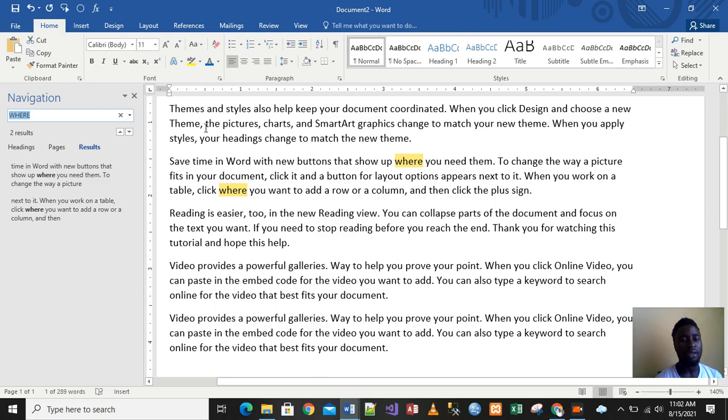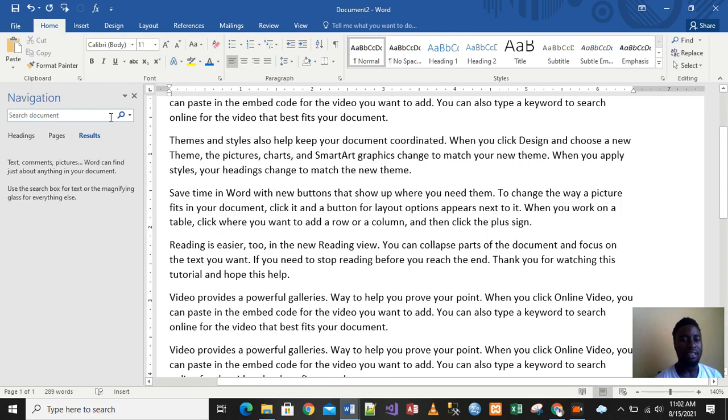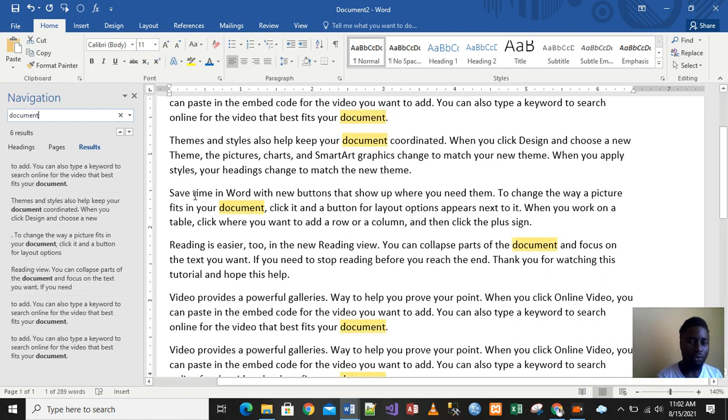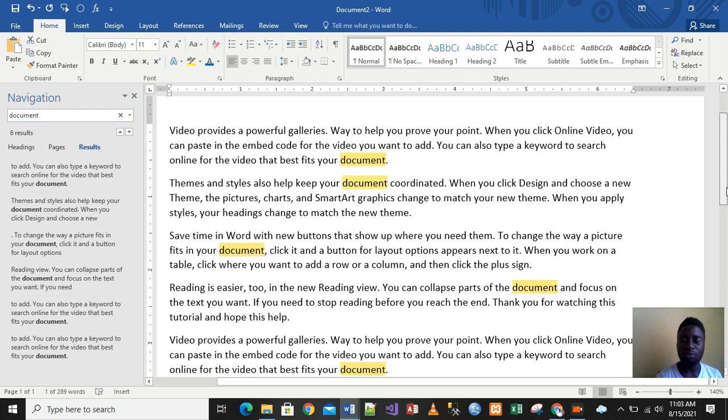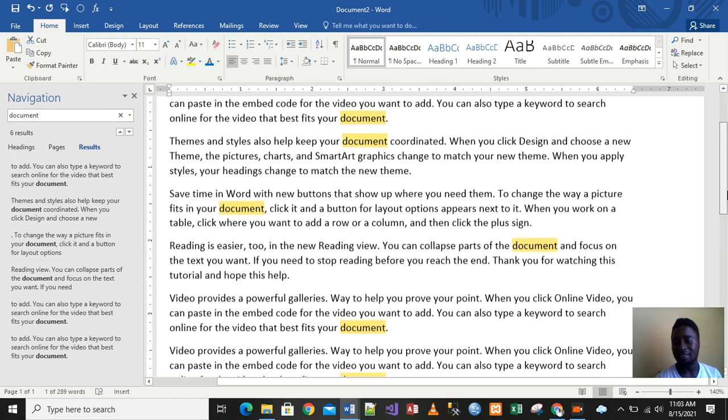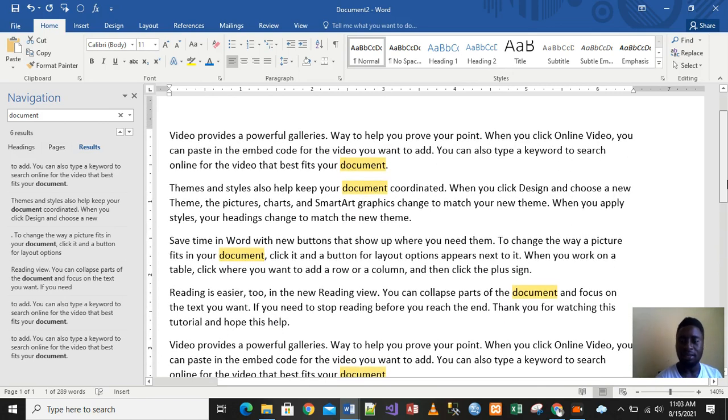So of course, let's clear off this and try to search for the word document. Searching for the word document, of course, the result is 6. So meaning we have the word document existing in 6 different areas in this particular